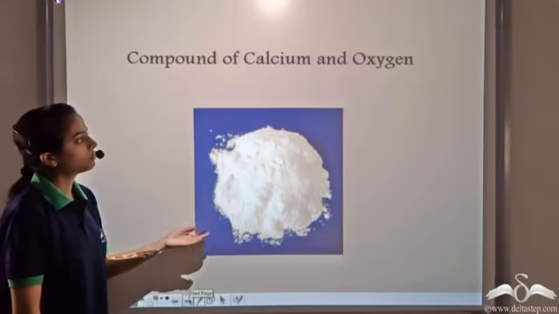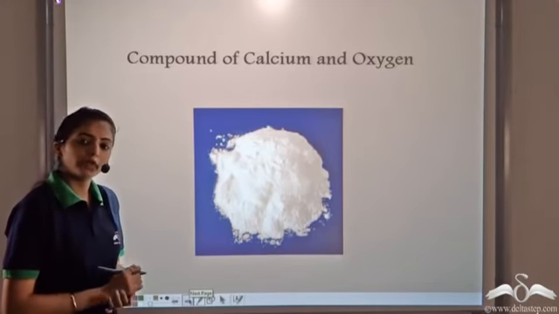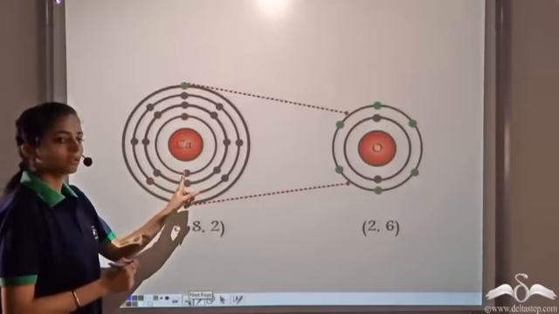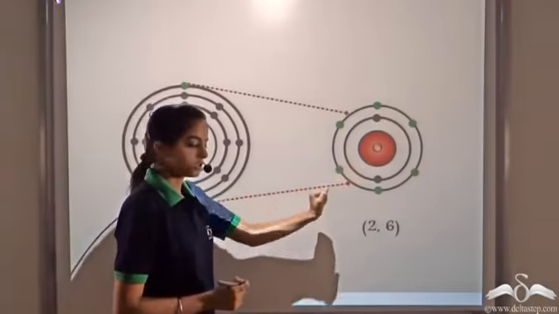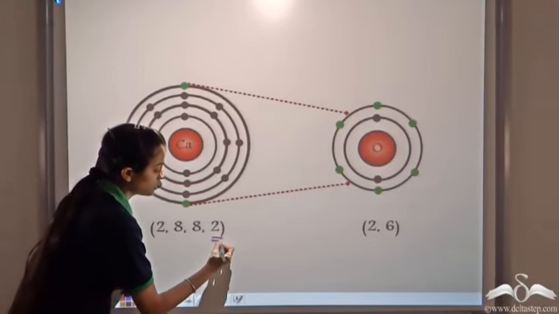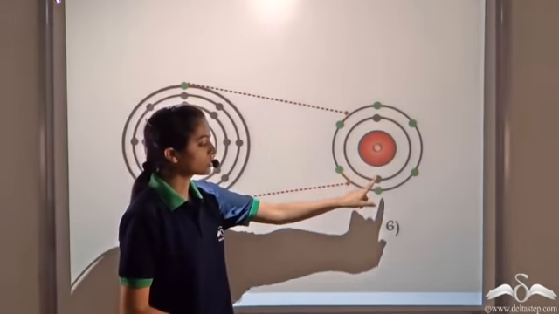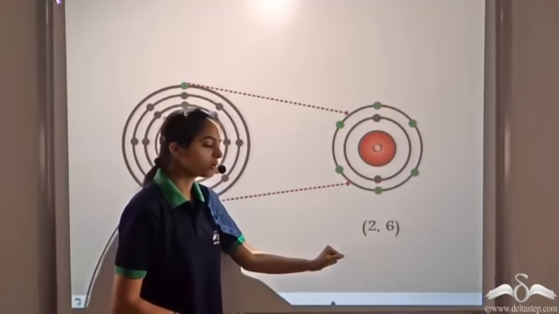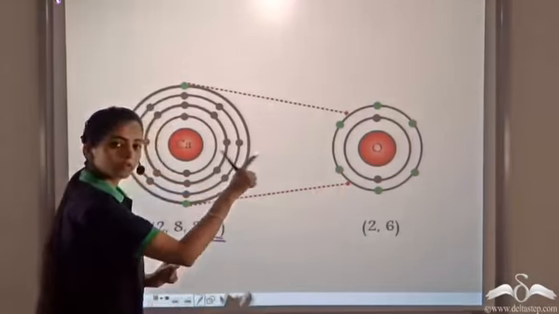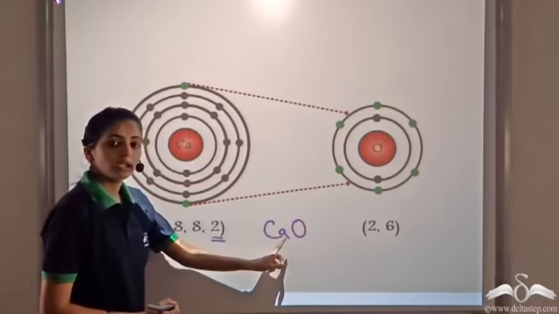This is another compound, a compound of calcium and oxygen. This is a major constituent in the formation of cement. So let's try to find its formula. So if we write the atomic structures, this is an atom of calcium, this is an atom of oxygen. The electronic configuration of calcium is 2, 8, 8, 2. So you observe it has 2 extra electrons, so it loses these 2 electrons to complete its octet. Similarly, oxygen needs 2 electrons to complete its octet. So calcium gives these 2 valence electrons to oxygen. Now both of them have stable octet structure, and so their formula is CaO.